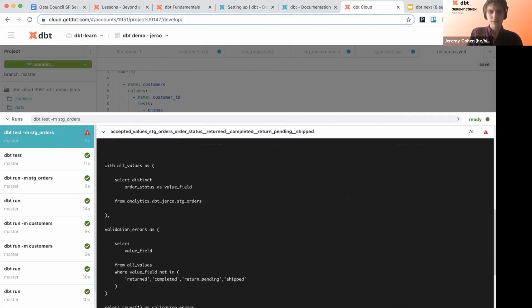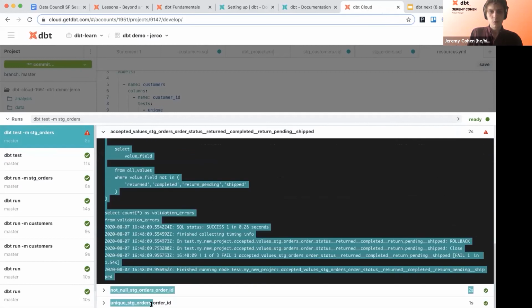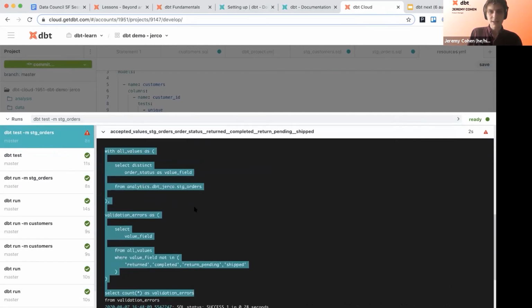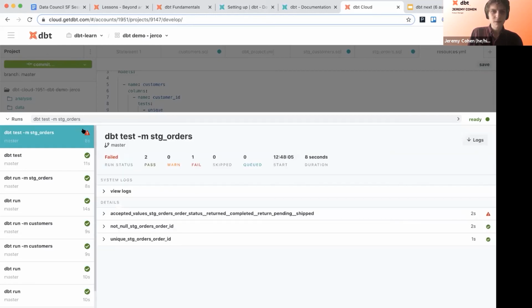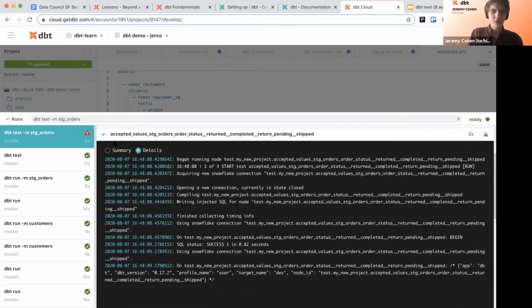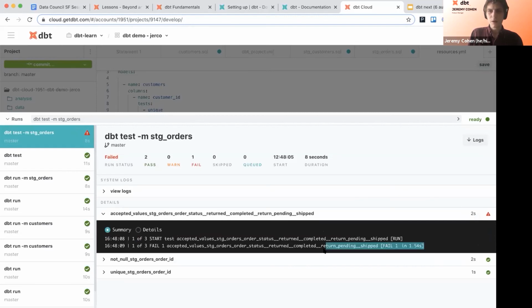Okay. I promise you, what's running behind the scenes is just a SQL statement, value not in my set of accepted values. What happens? Oh, this icon is new. I like that. Oh, summary. We had one failing record. We had one value that is not in the set of values I thought I was willing to accept. Back to the drawing board, or back to figuring out what happened, what went wrong with our data.